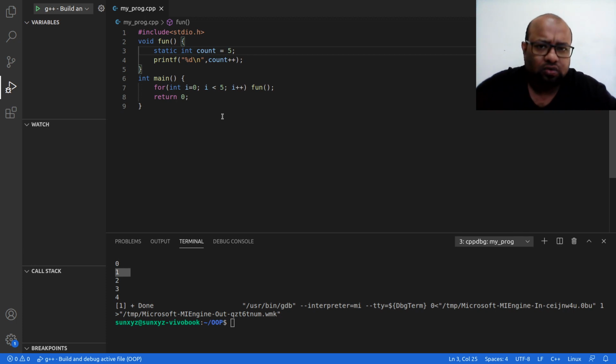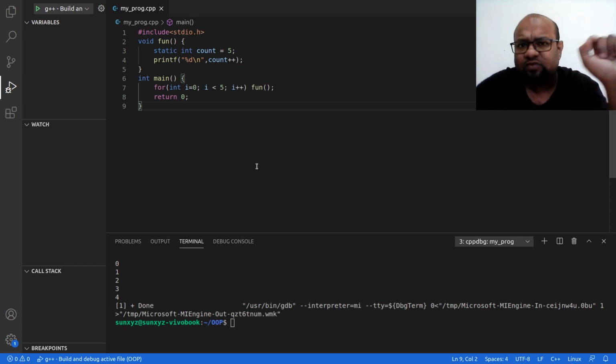Now I just showed you by initializing this variable to 0. Now let us run this program again. This time I am going to initialize it to 5, and therefore not a major thing is going to happen. Just the first time when I initialize this count variable, I am going to initialize it to 5, and then I am going to print this 5, and I am going to increment this 5 to 6. So next time when I call this fun function again, this initialization is not going to take place, because initialization of static variable takes place only once when I call this fun function for the first time. So okay, so initialization is not going to take place.